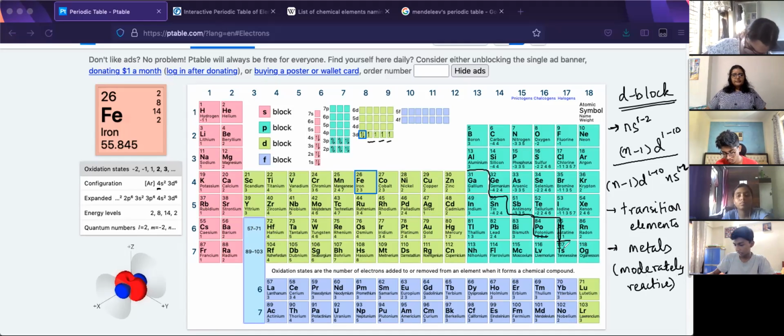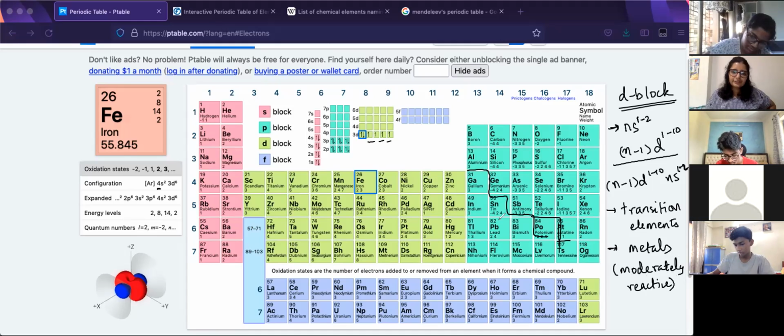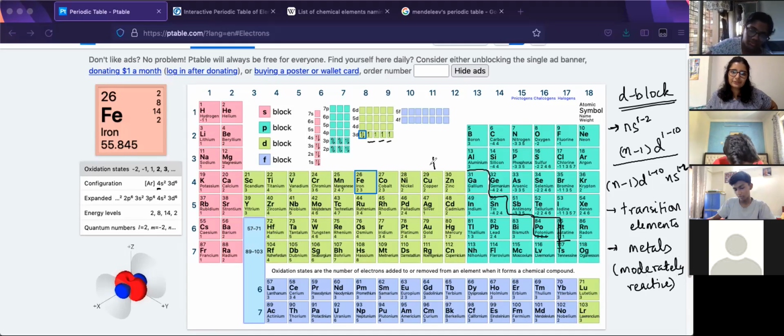Decreases, again, it depends. Like this particular set, copper, silver, gold are outright not reactive. But again, zinc is more reactive than copper. So it depends on a lot of situations, like the half-filled state, fully filled state, all that stuff coming in. But the D group, D block as a whole, is moderately